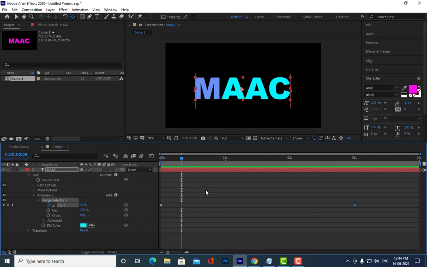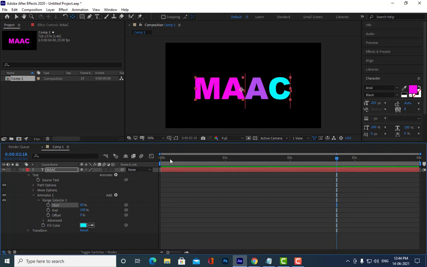Okay, I am asking you a question. How can we go to the next frame by using a keyboard shortcut? Anybody can tell? K. Very good. Okay, so now if you want to stretch the keyframe to the end, you can do that. See, now we have created a simple animation, right? Okay, so we can actually remove this.